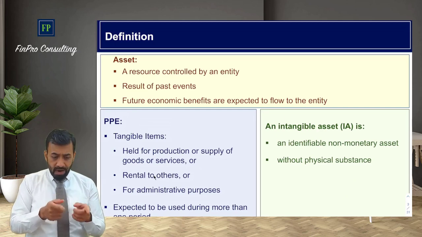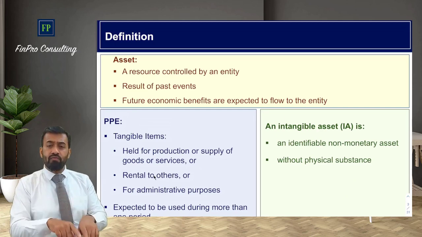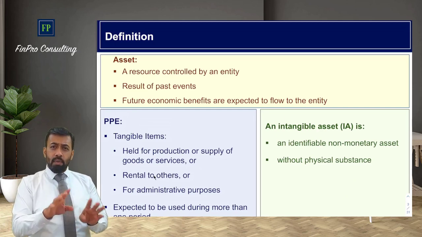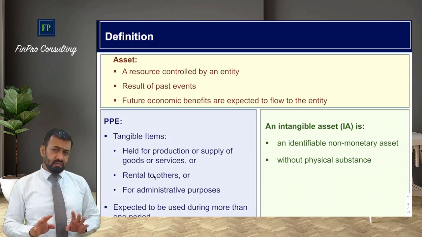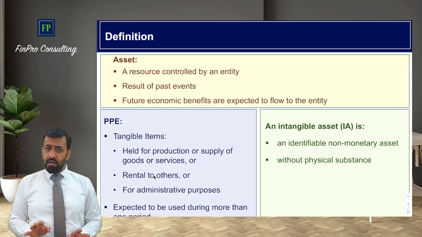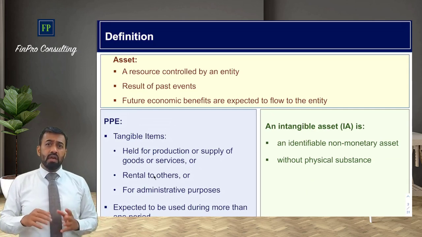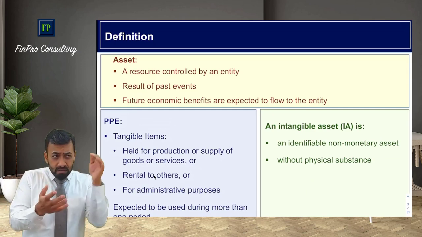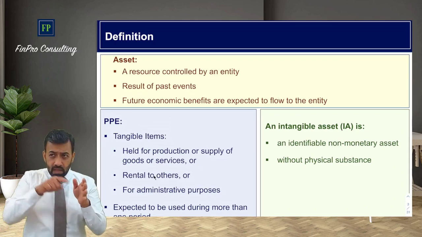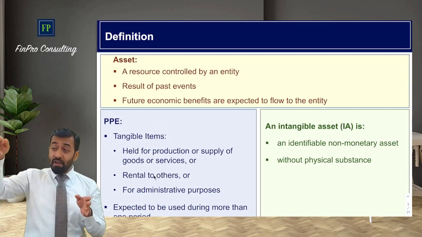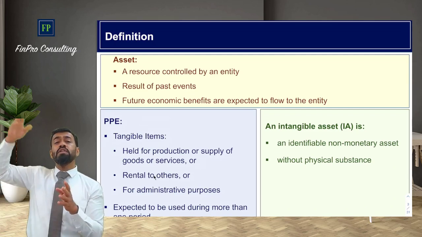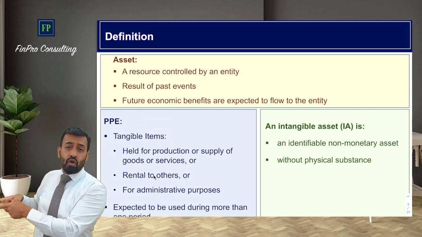And if you have to answer them, you have to also give the justification. In justification, you might have to use this definition. And that's why we have to do this. Nobody is going to ask you the exact definition given in the accounting standard directly. It's very rare. But in scenario-based questions, in order to analyze the situation and check whether it is property, plant and equipment or not, whether this is an asset or not, whether it is an intangible asset or not, then the question comes about whether we should recognize it or not.